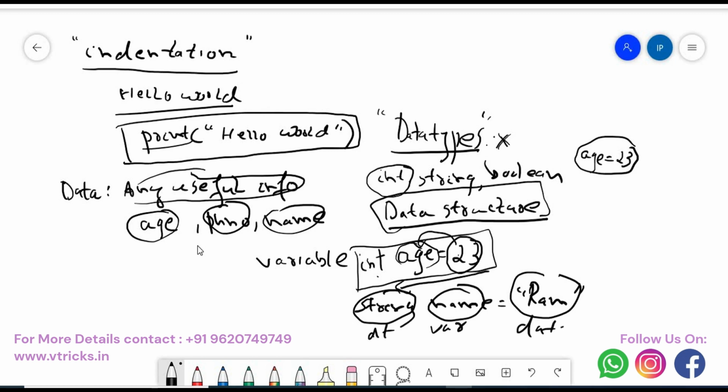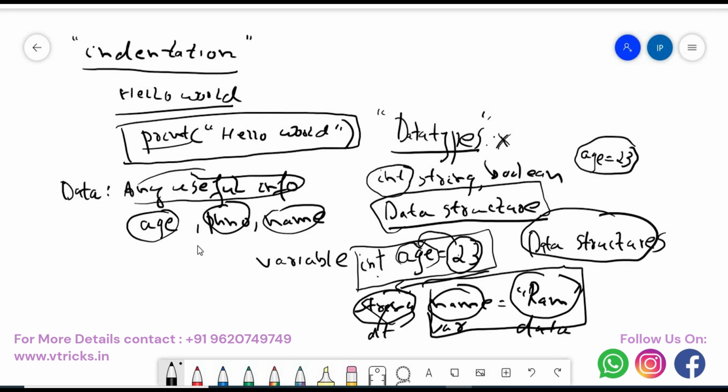This is how we define in all the other programming languages. But in Python, we just leave out the data type part because the compiler will take care of it. We just see the variable and the data. If that's the case, then what are we worried about? We are worried about data structures in Python. So the topic is what is a data structure and how do we use it in Python.